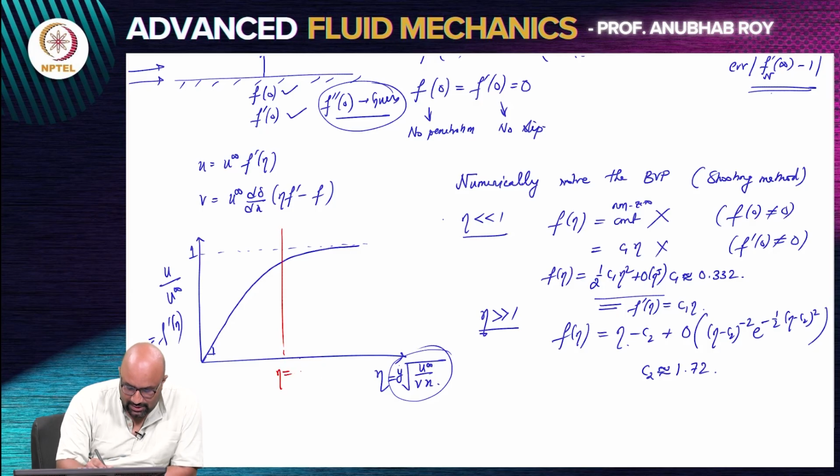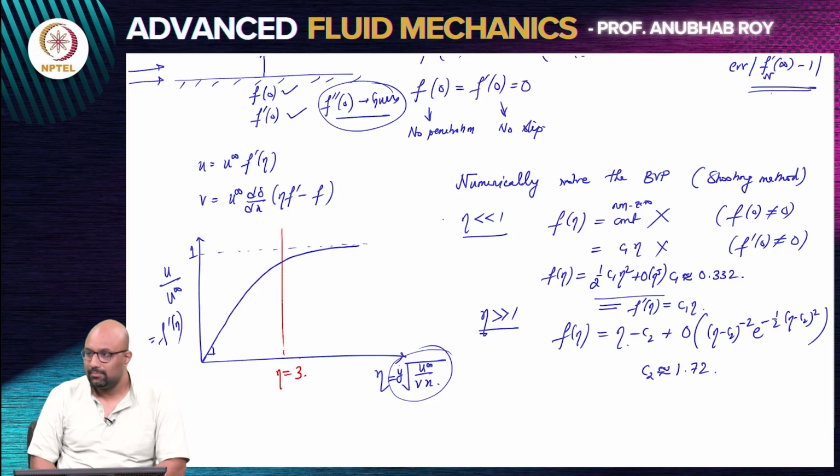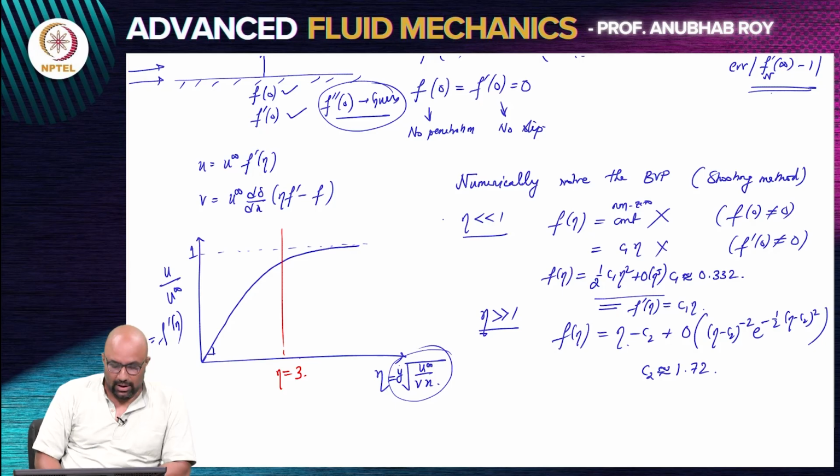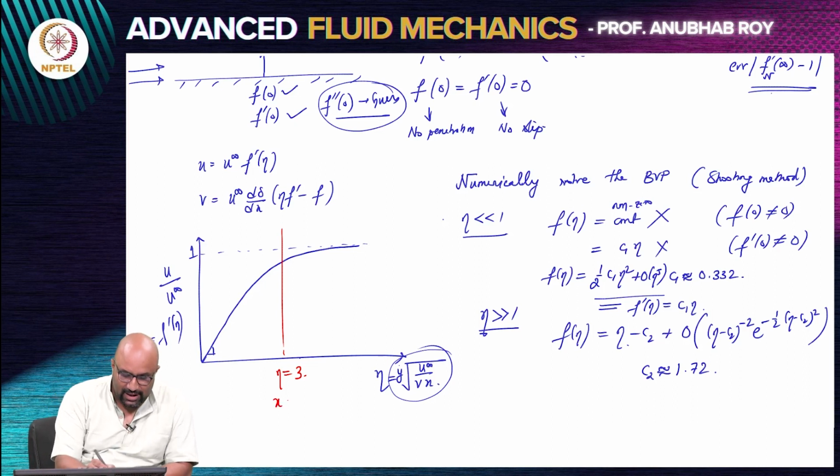Let us consider eta is equal to 3. Now, eta equals 3 would be achieved if I fix my x as x star. I would get my y star to be 3 square root of nu x star by u infinity,